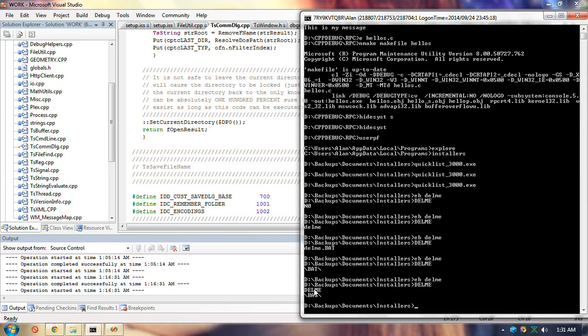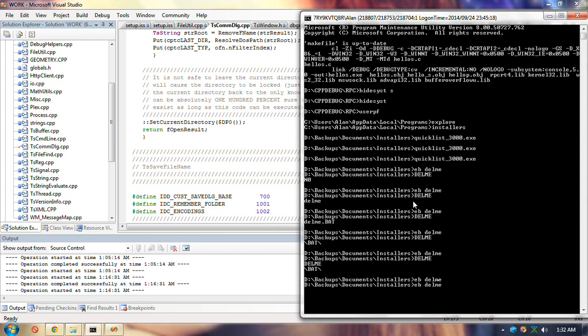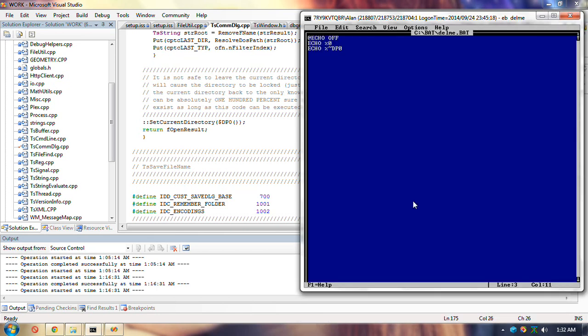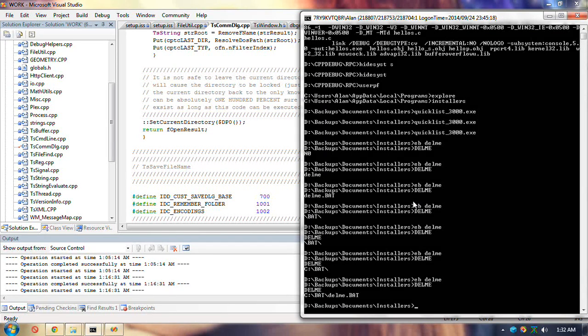Now it turns out that it happens to be just the name. If you want the drive and path with no file name, and if you want the full path, I think just F. Yes, that gives you the full path corresponding to the 0th argument.